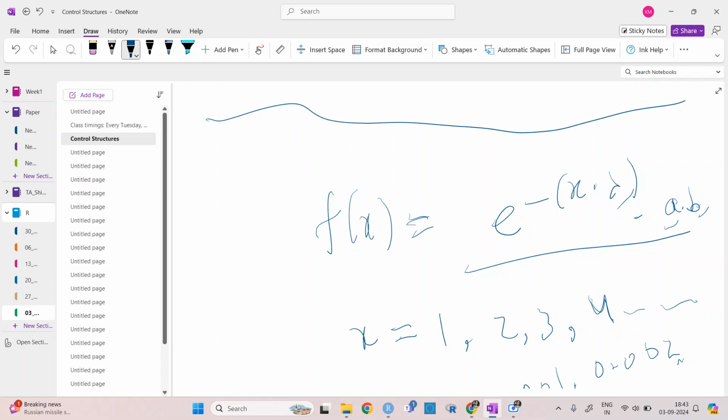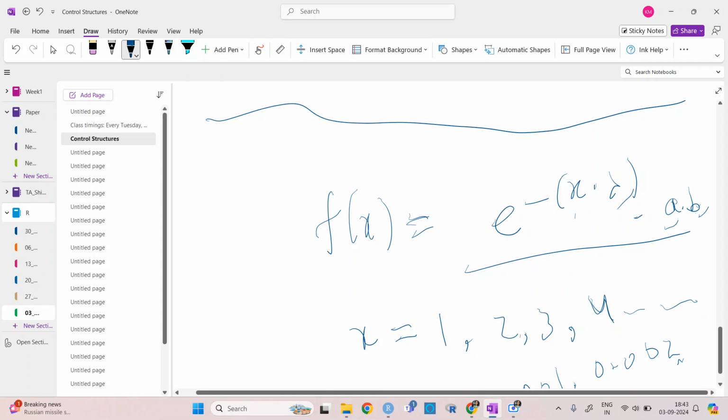So I want to calculate it for x equal to 1, then for 2, for 3, for 4. It is very tough to write this expression again and again, right?